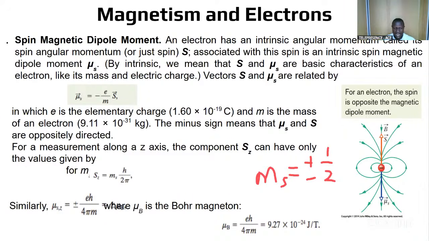Please note, ms is the magnetic spin, and the value is plus or minus half. It is plus half when it points upward, and it is minus half when it points downward. So if you substitute half for ms here, Sz will be this over plus or minus